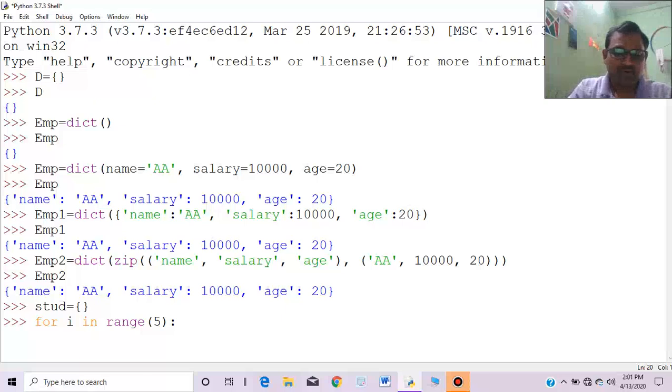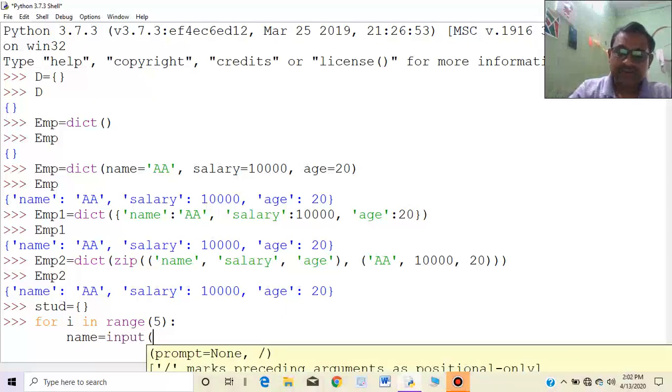Name is a variable, and in this you are asking to enter the name.